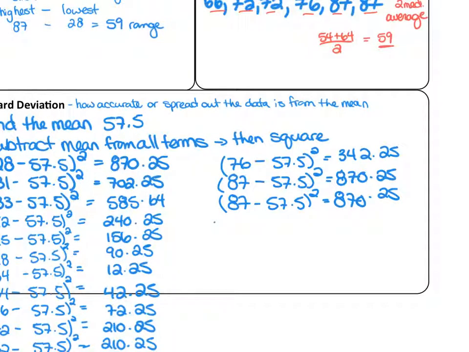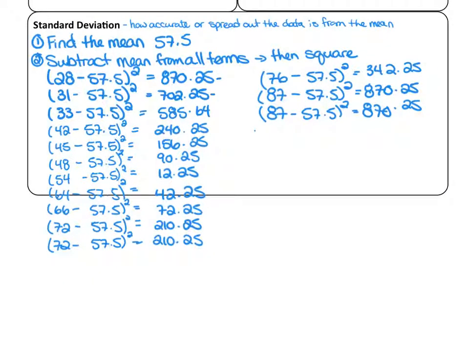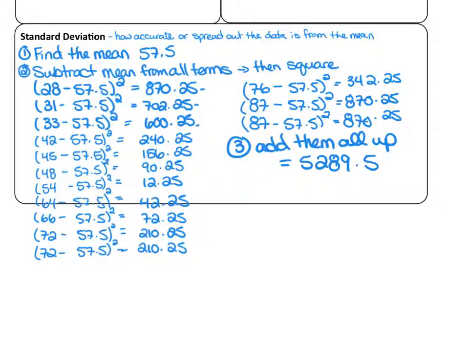Okay, so I have squared them all. You can see it is a little bit of a process, but they're all sitting there, every single one of them. So the next step, step 3, is to add them all up. I'm going to pause again and just add them all up. So we're going to add 870.25 plus 702.25 plus 585.64, and then we're going to come back to it. That one looks wrong. I might change that one. Hold on. So yes, I was wrong, but I fixed it. And then I added them all up, and it came to